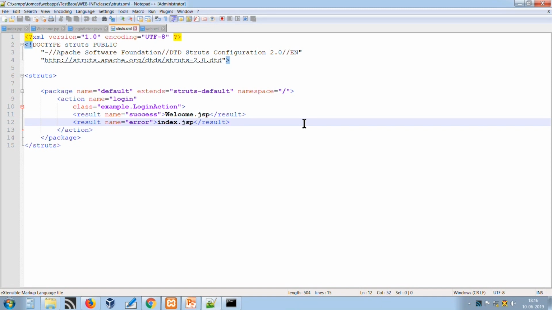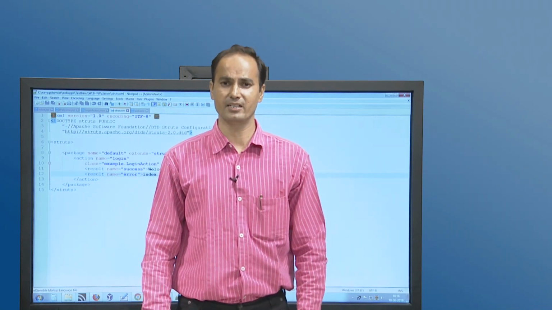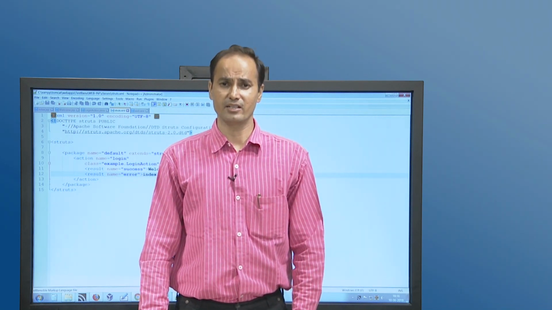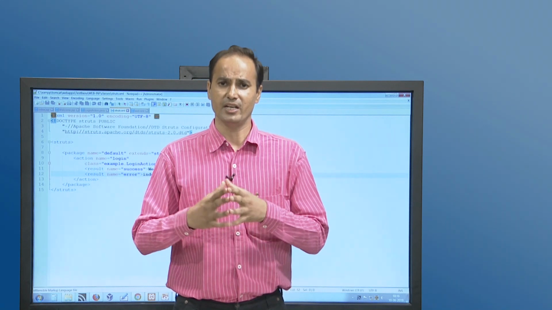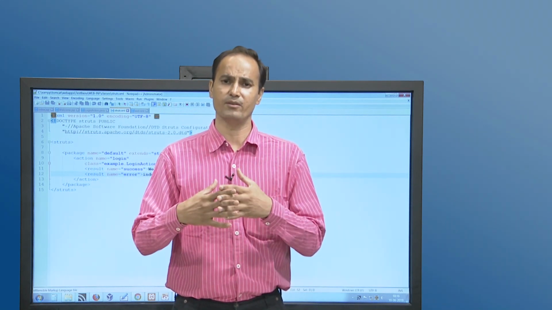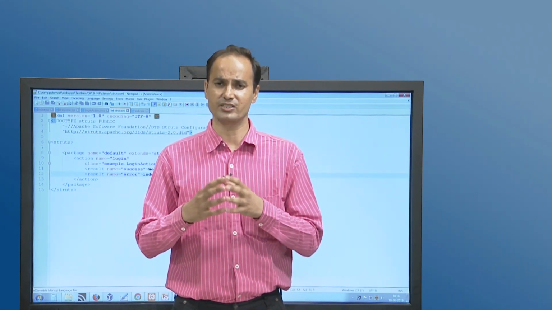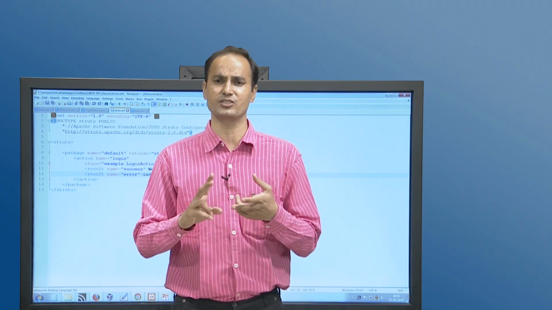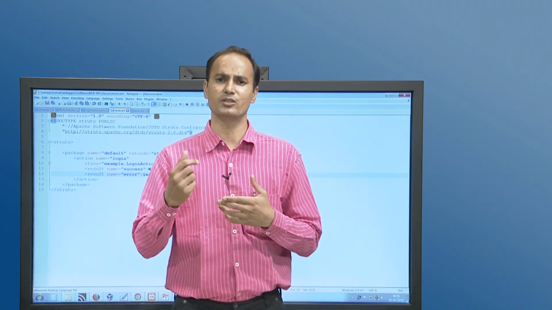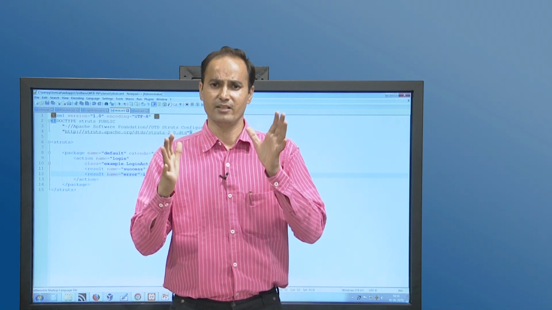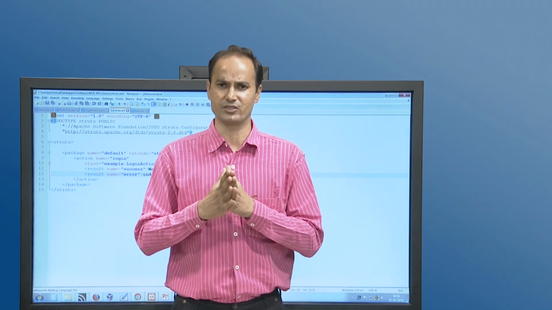I hope after discussing and implementing the struts application in a web container, you have understood the concept of the struts web container, what kind of API you need in terms of jar files, how to deploy a struts application in a web container, and what kind of configuration we need in a struts environment in terms of web.xml and struts.xml. The result returned from the business logic through the controller is very effective and efficient while processing the client request.